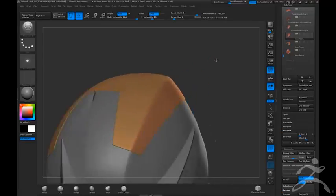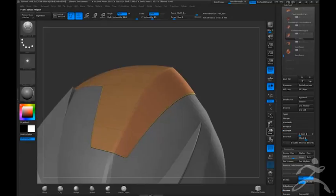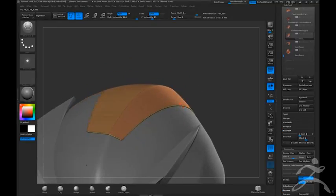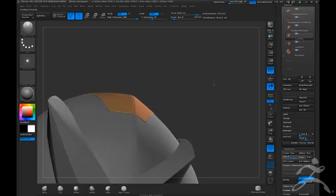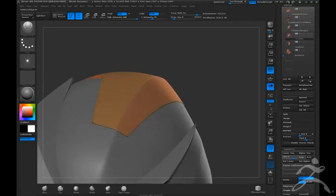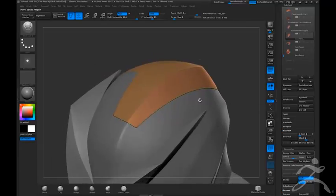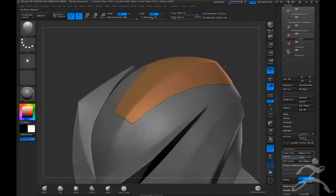print this out as is, because when we extracted it, what I've done is after I extracted the model, I went back in and I wanted it to sit a little bit proud. So I actually moved it slightly off the top surface so that it's just slightly proud, so you can see, you know, it's obviously a different panel sitting there. But our model is actually intersecting, so we can't, we want to print this panel, and if you wanted to print this as one piece, you could print this entire helmet with these pieces intersecting, and won't have any problems